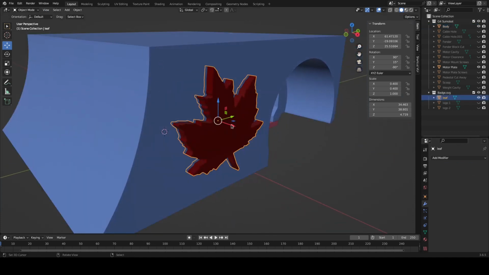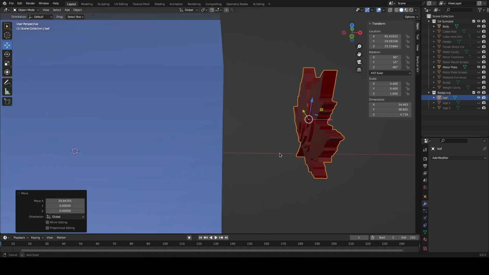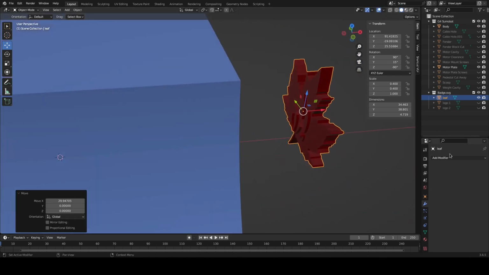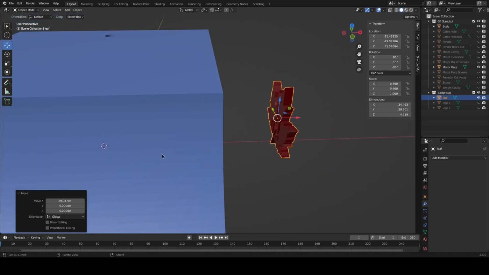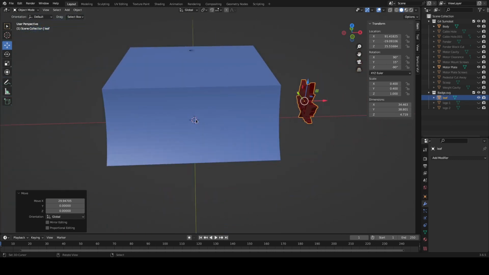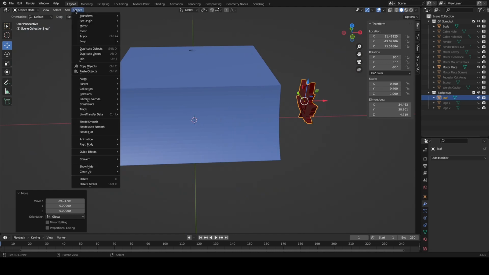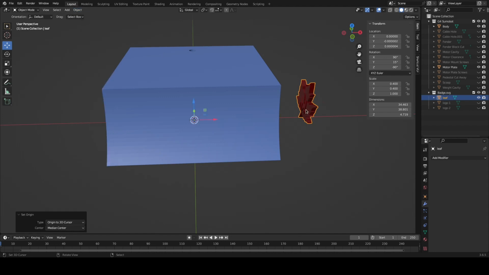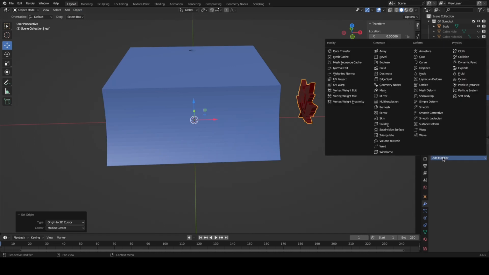And I'm going to move my leaf out so that I can look at it. And I'm going to apply a mirror operator to it. Now, the mirror operator is going to create a mirror image around a particular point. I'm going to use the origin here, the 3D cursor sitting at the origin, and I'm going to reset the origin of the geometry to the location of the 3D cursor. So to do that, I'm going to come here, set origin, and I'm going to say set origin to 3D cursor. Now I'm going to grab the mirror modifier,